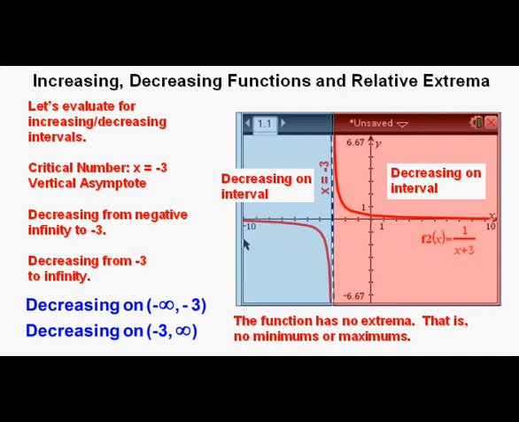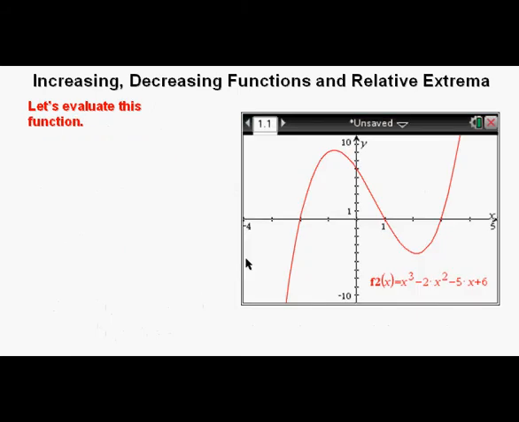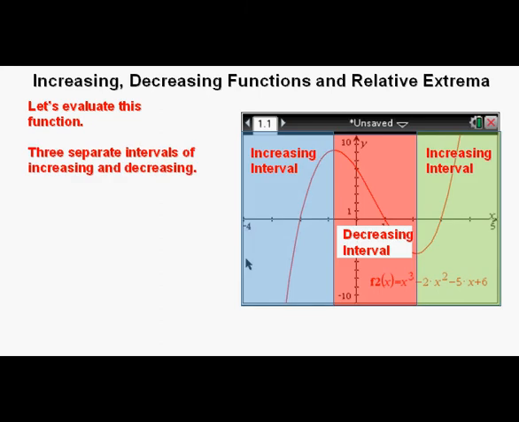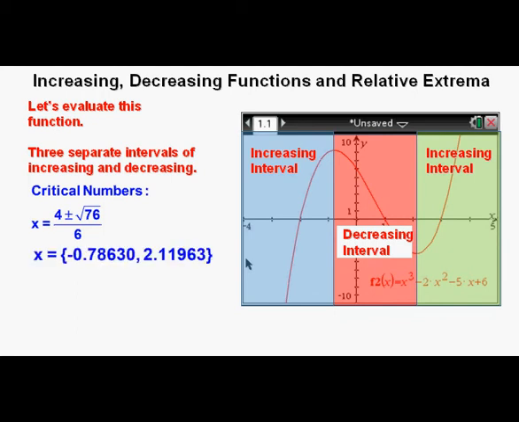Sometimes you'll hear people say no minima or maxima using the Latin plural. Let's evaluate this function as a cubic function with x to the third power. There are three separate intervals to evaluate for increasing and decreasing function values. Using calculus to differentiate and the quadratic formula, the critical numbers are x equals 4 plus or minus the square root of 76, over 6. And decimalized, the critical numbers are x equals approximately negative